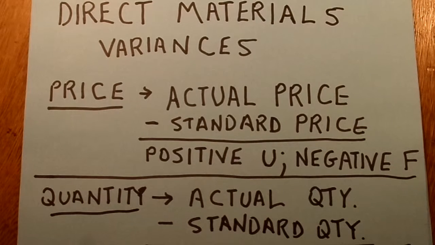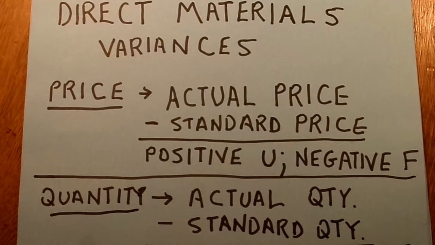So notice that for price variance, we're going to be taking the actual price and we're going to subtract the standard price from it. And we're going to multiply these by quantities and try to determine if the variance is positive, in which case we would say it's unfavorable, or if it was negative, in which case we would say